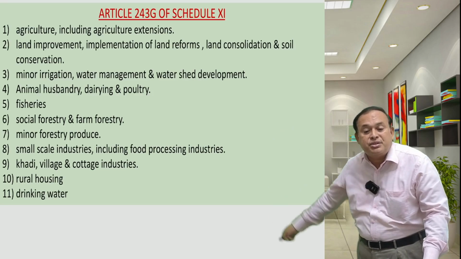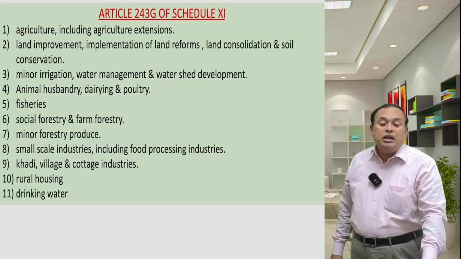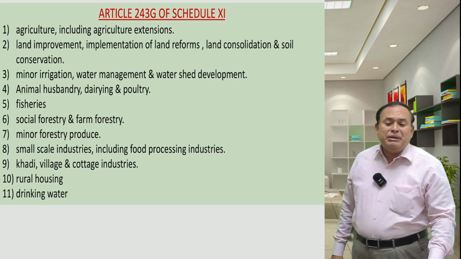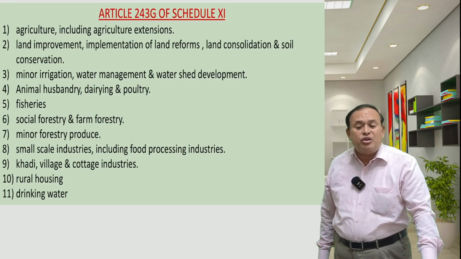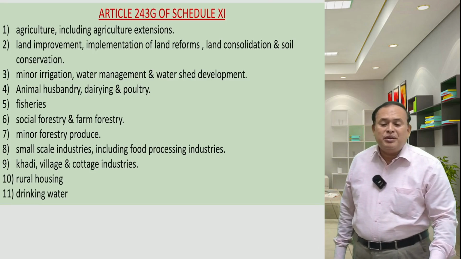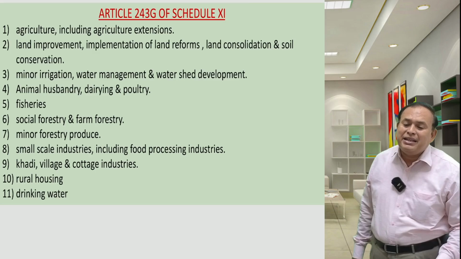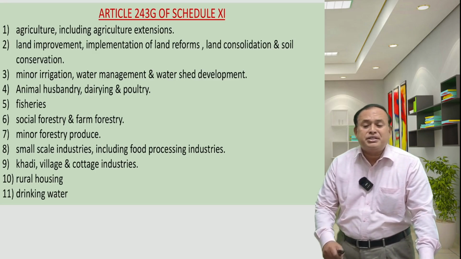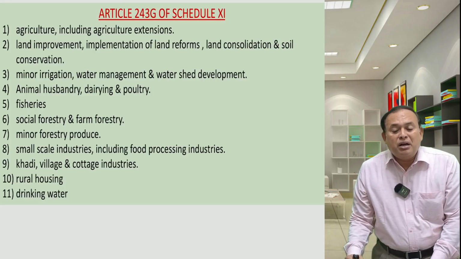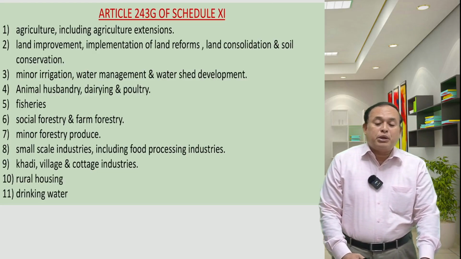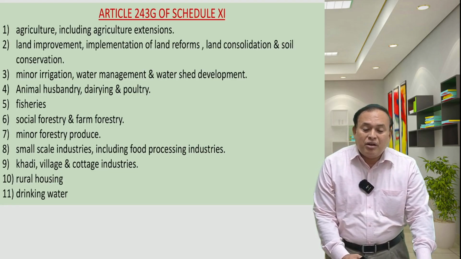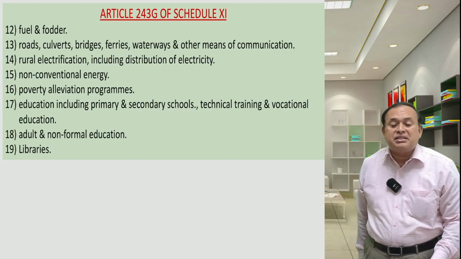What are these objectives? Agriculture, including agriculture extension, land improvement, implementation of land reforms, land consolidation, soil conservation, minor irrigation, water management, watershed development, animal husbandry, dairying and poultry, fisheries, social forestry and farm forestry, minor forest produce, small scale industries including food processing industries, khadi and village industries, rural housing development, drinking water facility providing services, fuel,